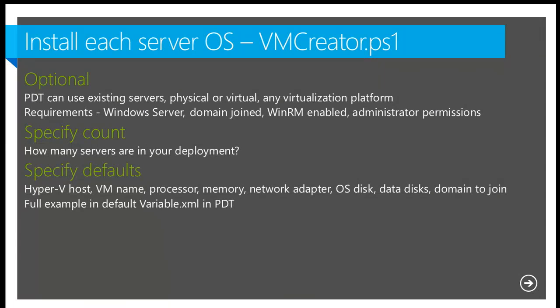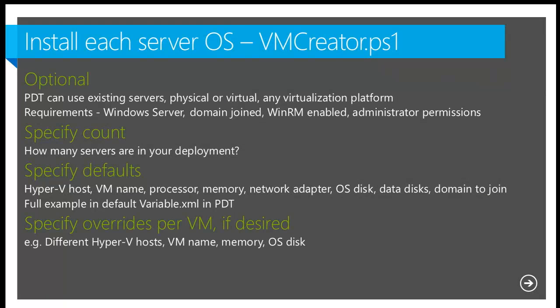Specify some defaults, so which Hyper-V hosts I want to create them against, some information about name, how many processors you want to allocate, memory, and it will take a prefix and count for things like name. So you can just say Server1, and I want 5 of them, and it will create Server1, 2, 3, 4, 5. There's a full example in the actual PDT download of all of the parameters you can specify